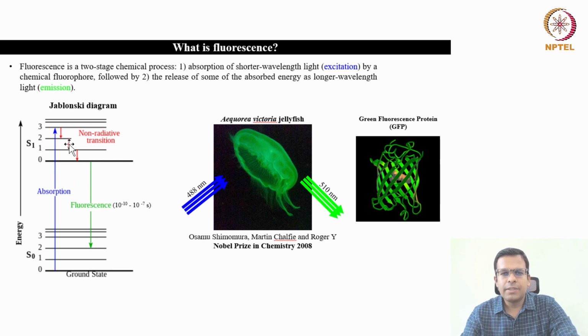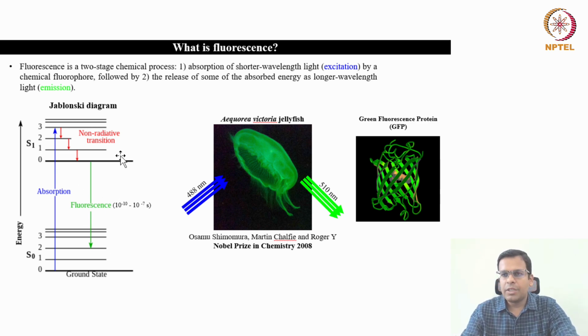I'm sure you must have studied this phenomenon in your physics class, that when light interacts with matter, the electrons from the ground state get excited and move to a higher orbit, and then they fall back to the lower orbit by releasing light of a longer wavelength, which is known as fluorescence. And this process is so instantaneous. You can see the time scale is 10 to the power minus 10 to 10 to the power minus 7 seconds for this phenomenon. So it is almost instantaneous. The moment you emit the excitation light, instantaneously the fluorescence is produced.